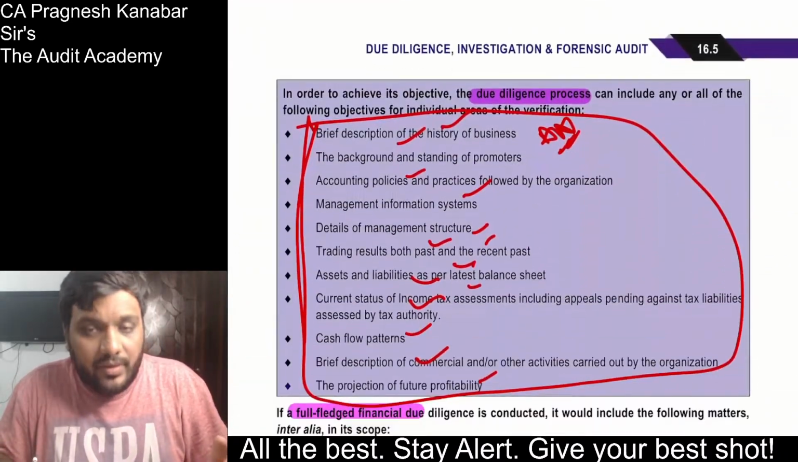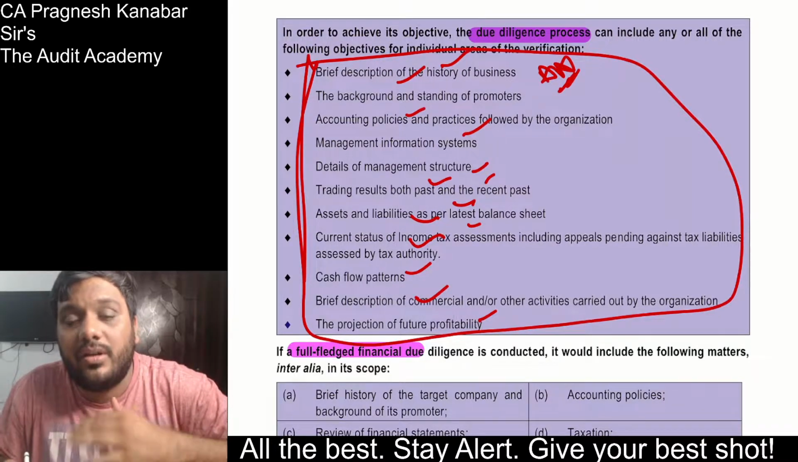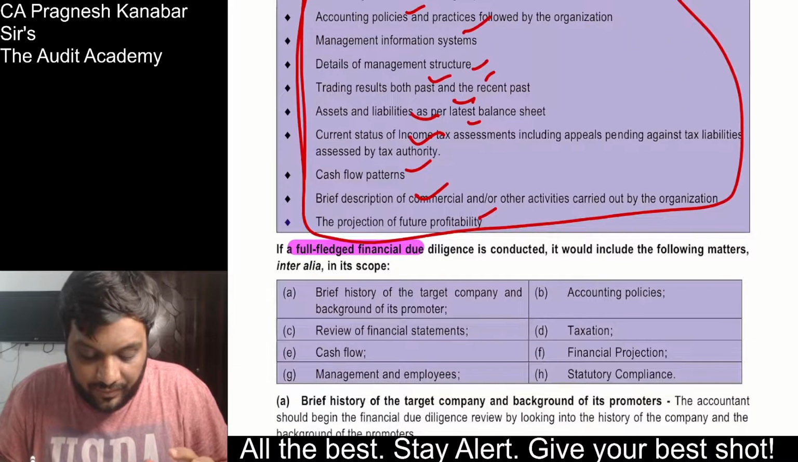All right, now as I told you that if one entity is going to buy another entity, then please ensure that you cover these areas. All right, now